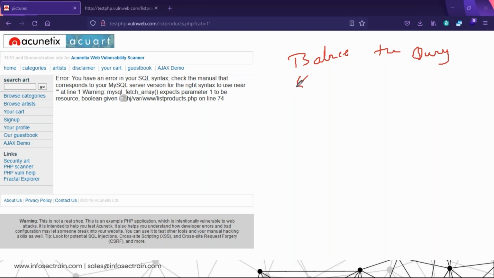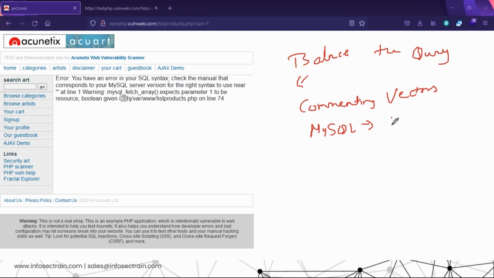Okay, so whatever you do with respect to SQL, those are all queries. Now we have broken the developer's code. Now you need to balance that particular developer code as well. Now, this comes vendor to vendor as well. So to balance this code, we have commenting vectors. Okay, commenting vector for